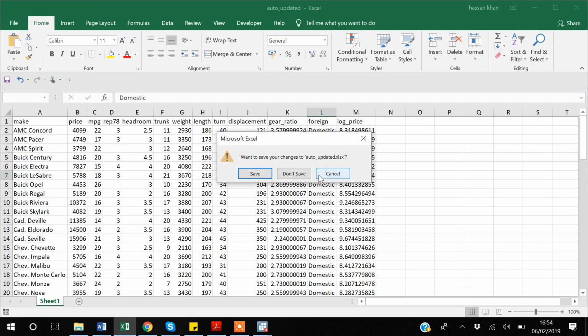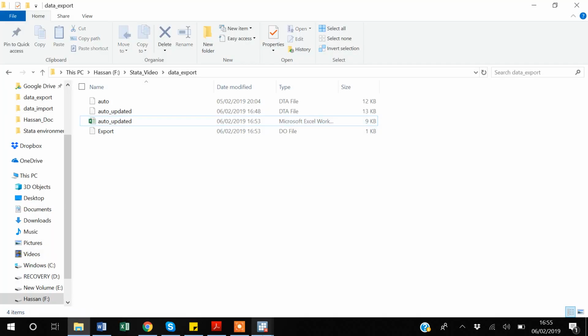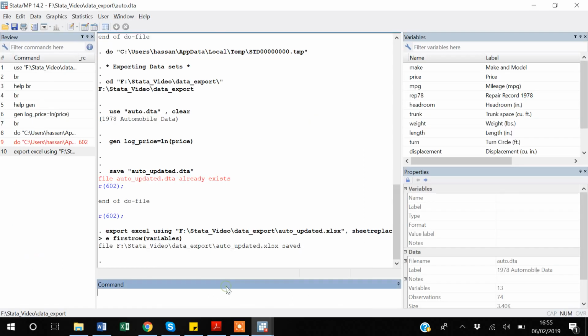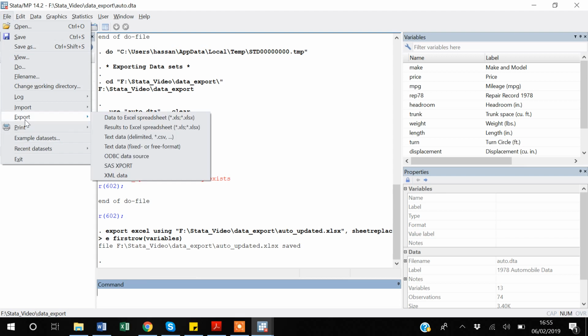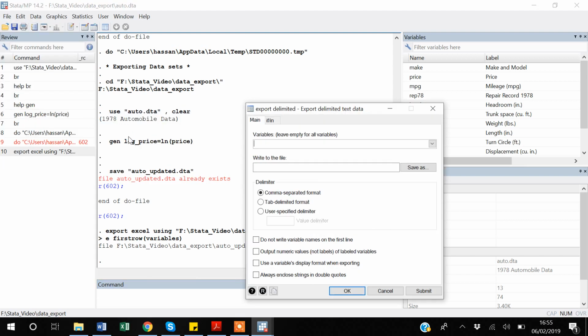So I'm closing it. Don't save. I'm closing it, and now I'm going back to show you guys. Suppose I want to export data in a CSV format, the comma separated value format. What I have to do, again I will go to my file, and then I will go to export, and then I want to use CSV, export in the CSV format. I will select that,